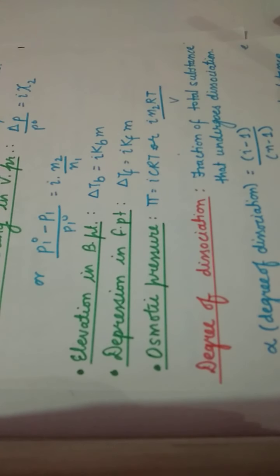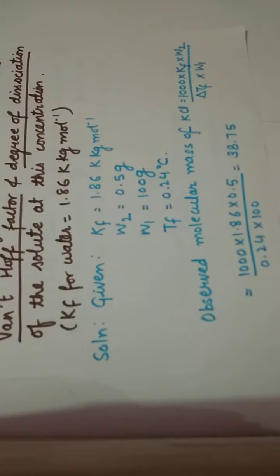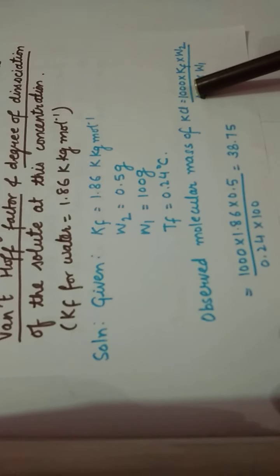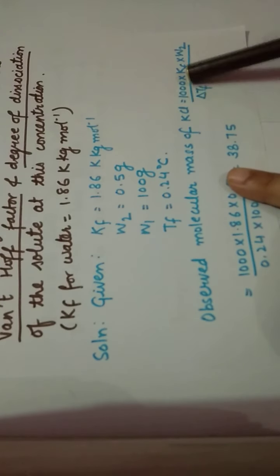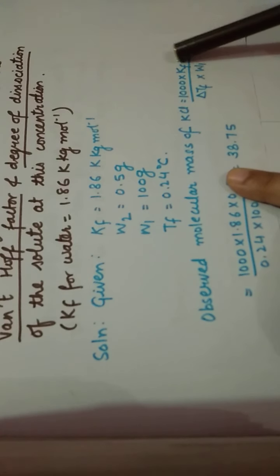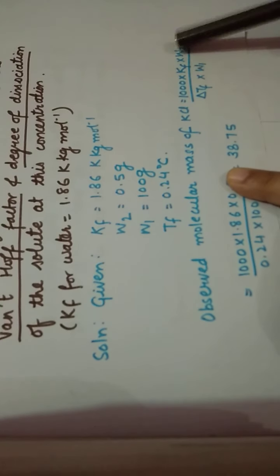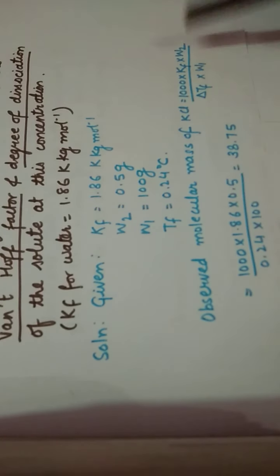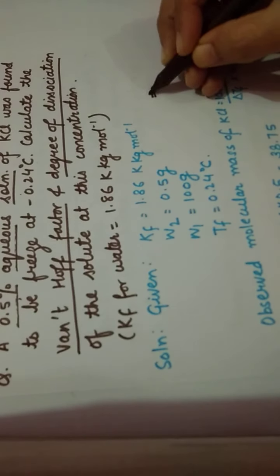Molality is number of moles of solute upon mass of solvent in kg. So it is gram. In gram we have taken, so we have multiplied into 1000. Okay, this is M. M is what? Number of moles of solute. Number of moles of solute is having a formula, right, children? What will be the number of moles of solute?